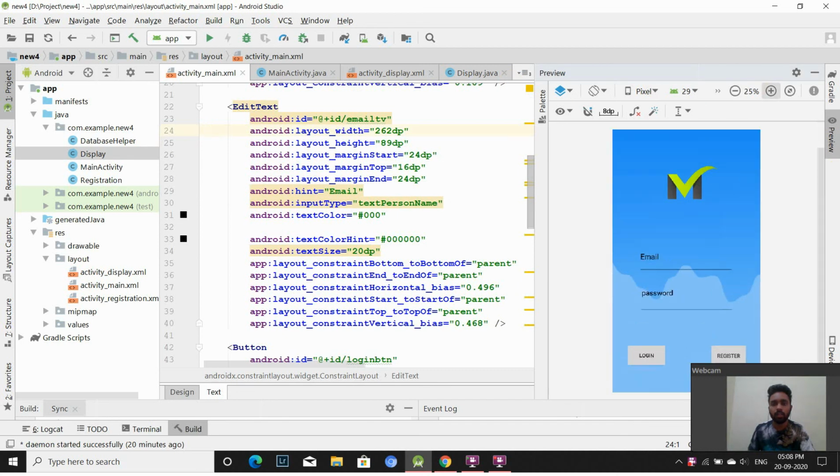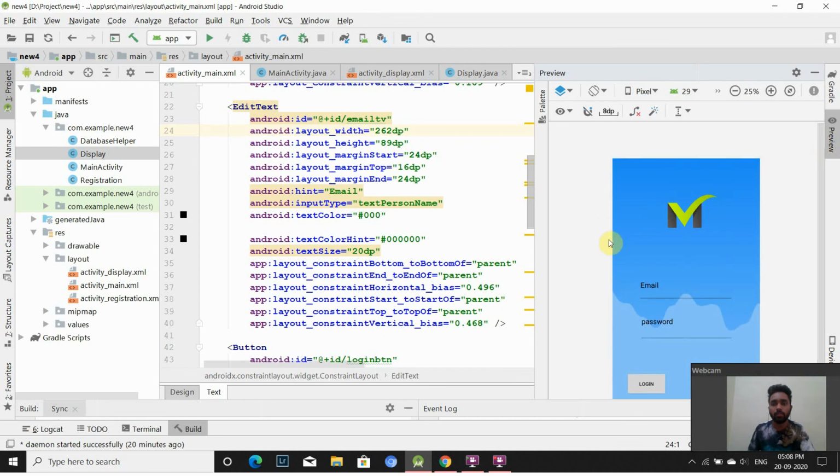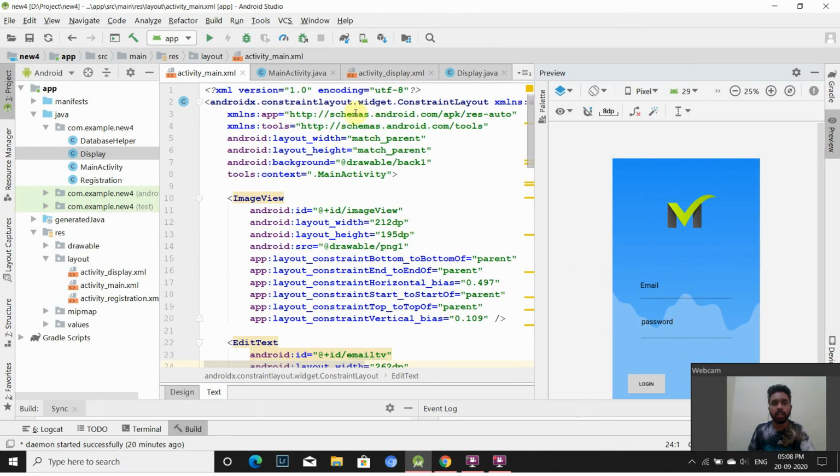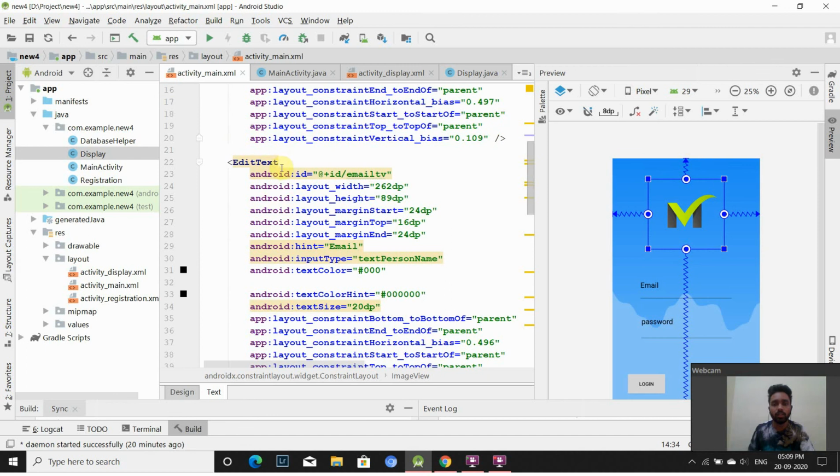So this is the main activity which will launch after we run the app. This is a particular activity where I used constraint layout followed by an image view, and the image I have put in the drawable folder already, followed by the edit text.